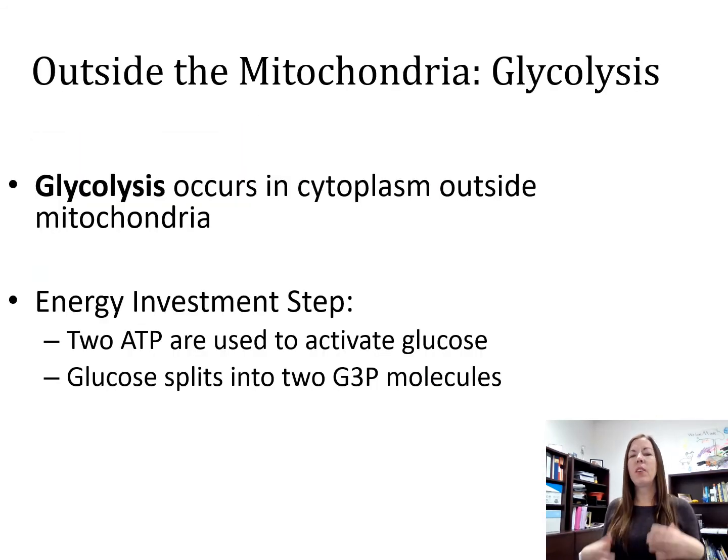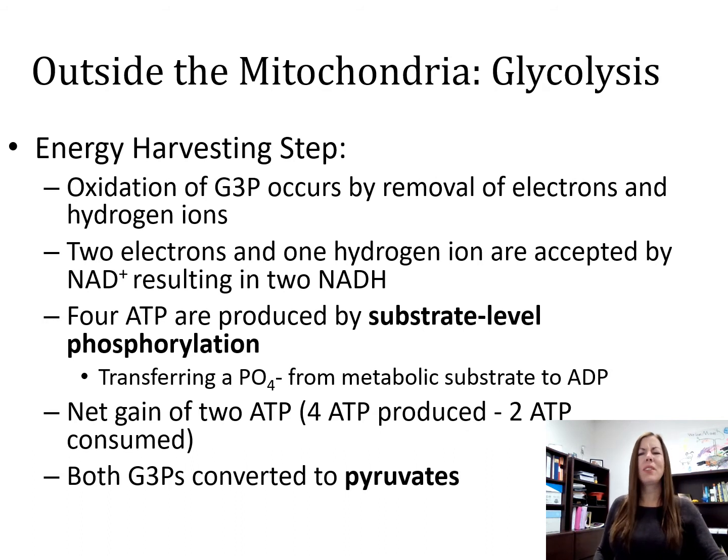So kind of a greater look into each of the steps of cell respiration. Glycolysis is the energy investment stage. You gotta use 2 ATP to activate glucose, so that way you get 2 ATP total out of it. So it's the energy harvesting step. And you essentially get 4 ATP max, but 2 of those were consumed to activate glucose. So you only make 2 ATP, and both of those